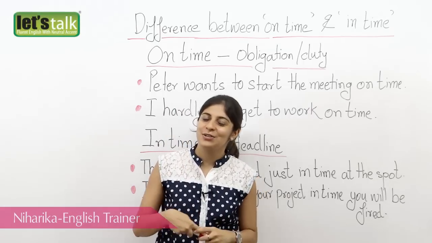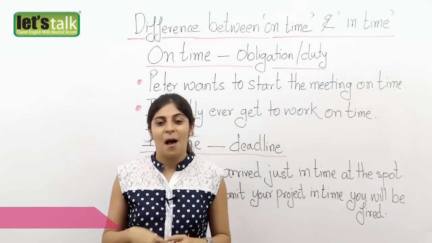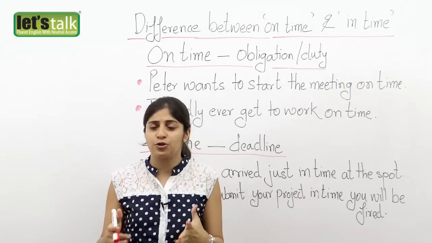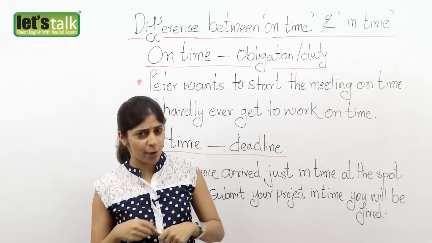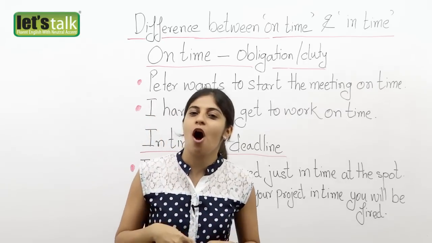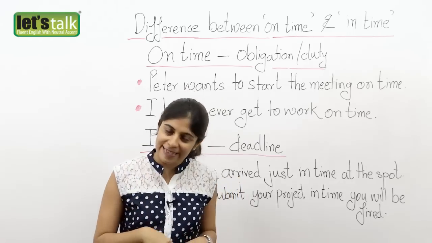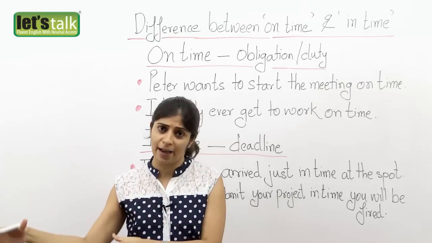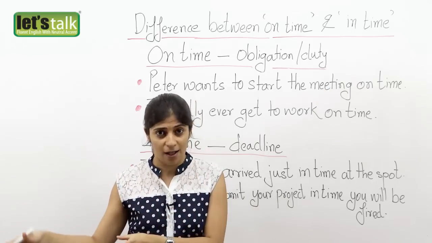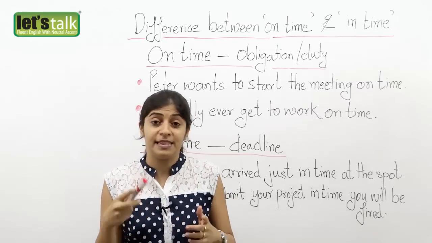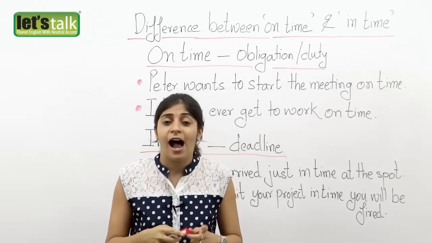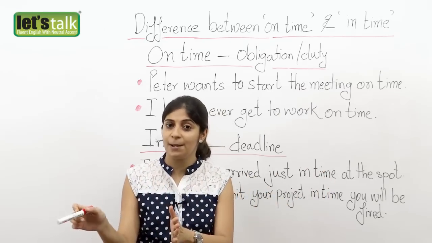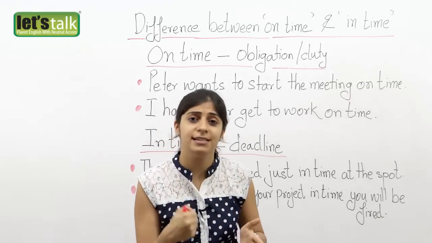Last month I was flying to the US and I was stuck in this awful traffic. It was raining heavily, so I ended up calling the airport to check if my flight was on time. So I called this lady and she said, yes, your flight is on time. It is scheduled to depart at 9 a.m. So it is on time, but since I was in the traffic, I was worried if I would get in time. So the lady said that the flight is on time, but for immigrations, I hope you get in time.